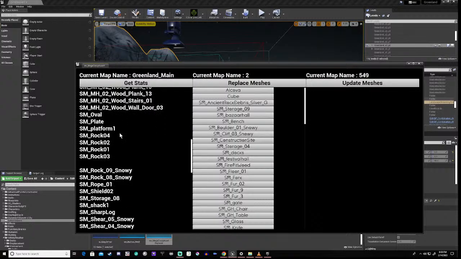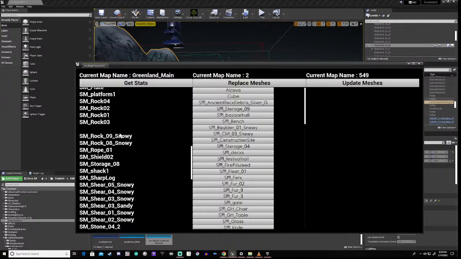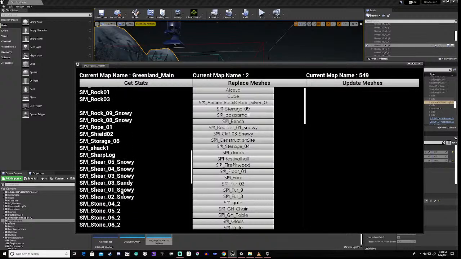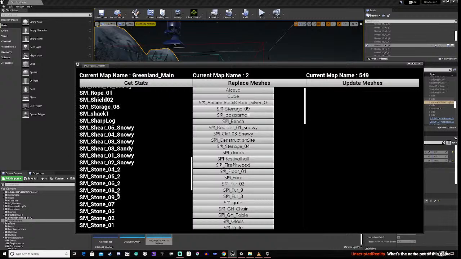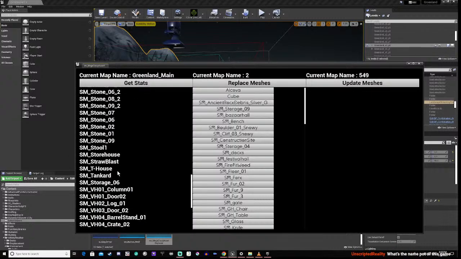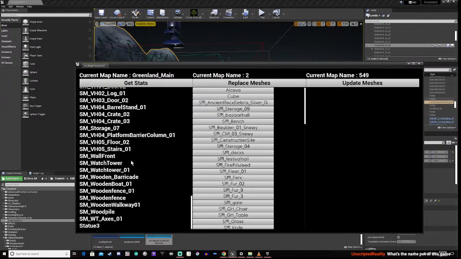Now, what you will notice is that there is no IW one, and that's because we do have an instance for this.